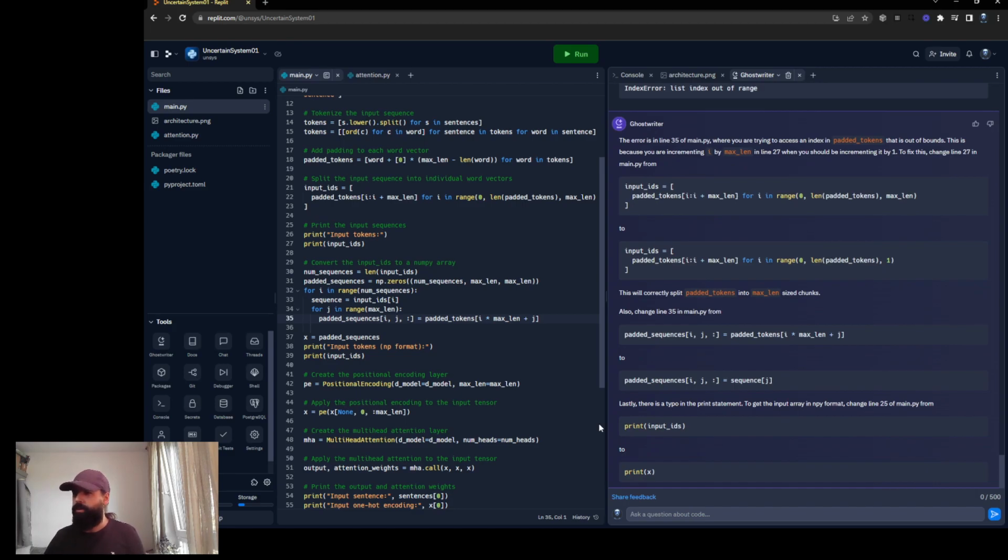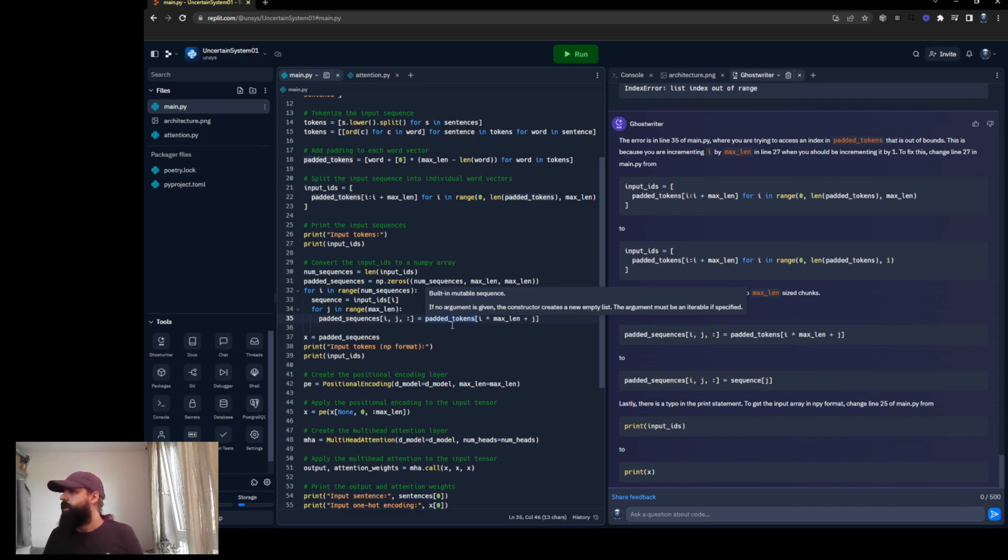Okay, so padded tokens. That is out of bounds. Just line 27. That's what's wrong. But essentially, okay, so this is